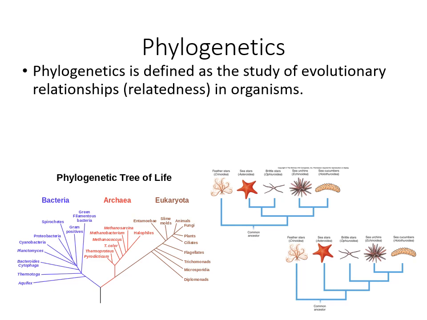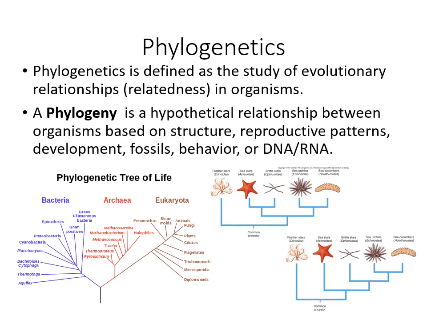So phylogenetics then is the study of evolutionary relationships in organisms, and you make these phylogenies, these branching trees, which show or hypothesize similarities and groupings and common ancestry based on the nodes, the points where they come together or diverge. And phylogenies are hypothetical, right? So they are not set in stone. So for example, we've got two phylogenies to the right, which show different relationships between the five organisms.